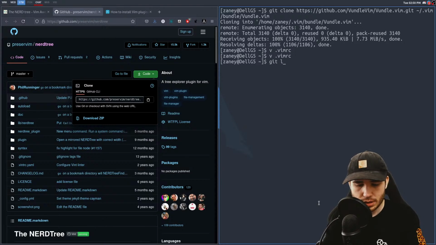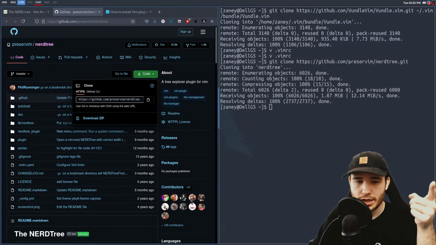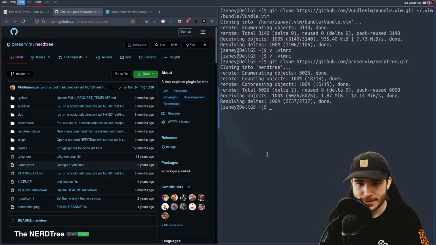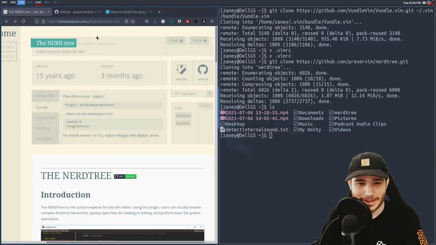Let's do git clone. We're going to paste in that link. We're going to clone it down from GitHub. So now we got this folder here. And then if I do an ls command, you can see, where is it? Oh, there it is. I was like, what the fuck? Where is it? NERDTree. There we go. All right. So we got NERDTree installed. So I guess what we should do, according to this,